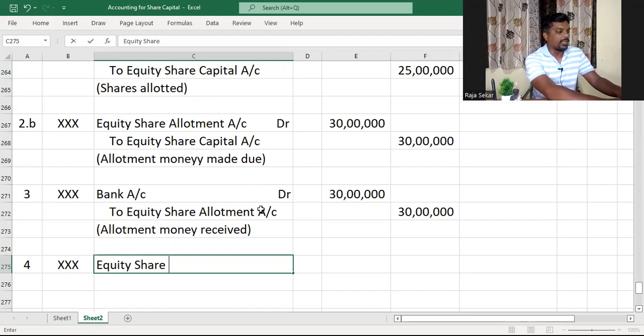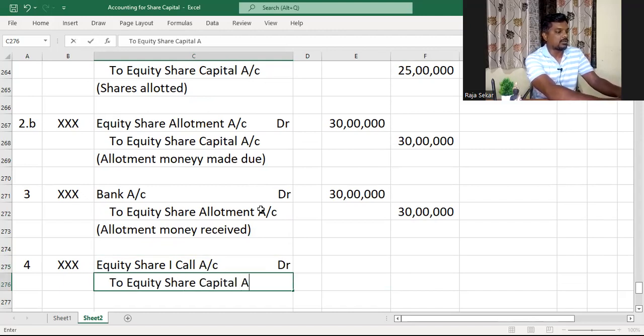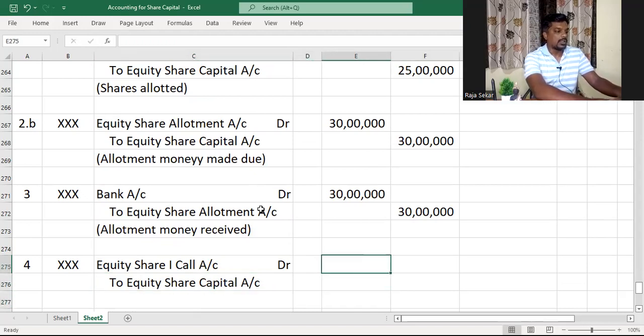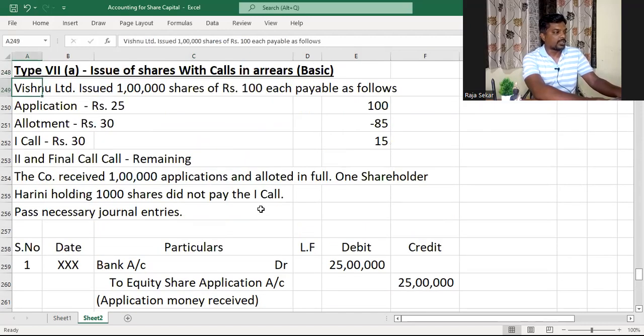The next thing the company would do would be to make first call due, and the journal entry for that would be equity share first call account debit to equity share capital account. And that will be how much, my dear children, in this question? I think it was 30 rupees. Yeah, 30